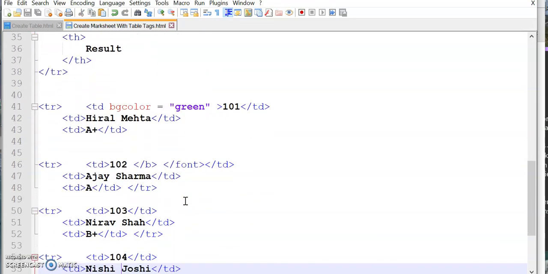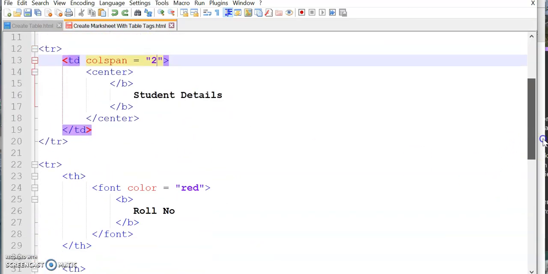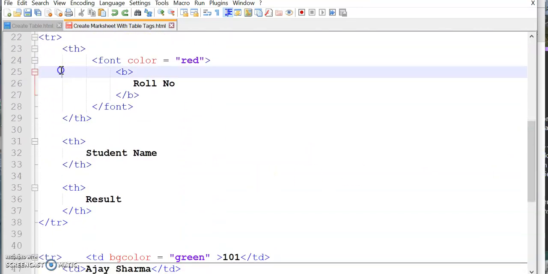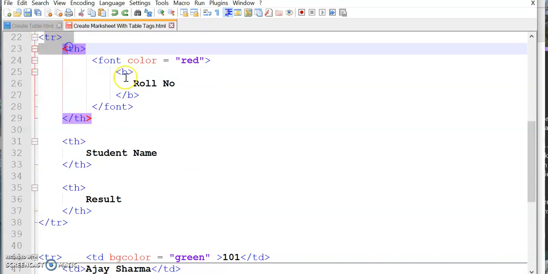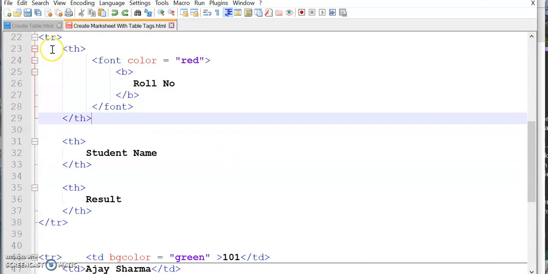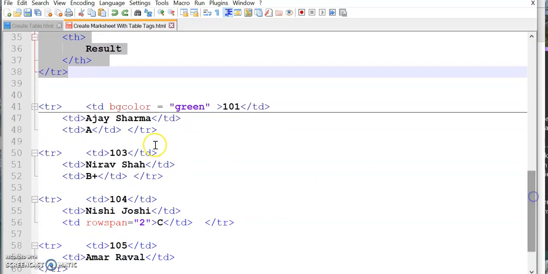Okay, now let's come to the second row. This is your tr. Inside the tr, this whole section is for the heading: roll number, student name and result, right?